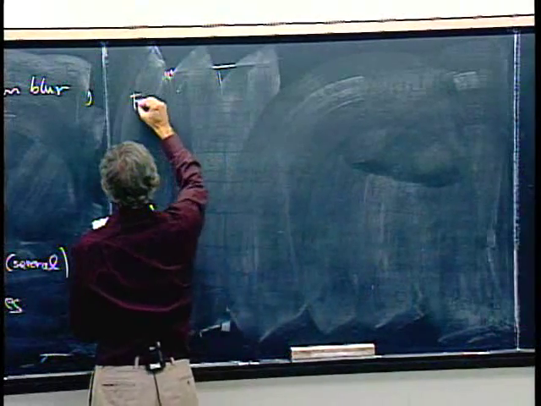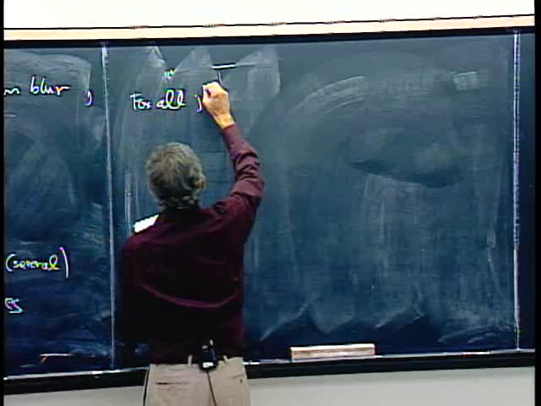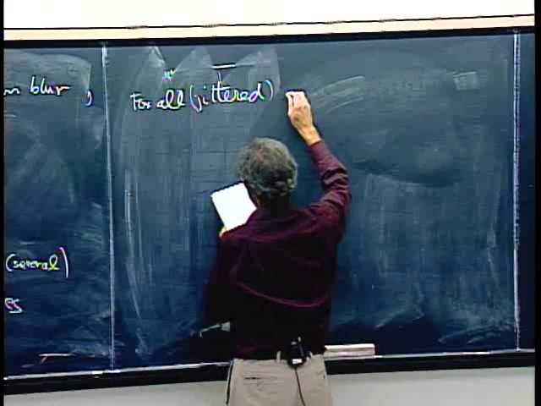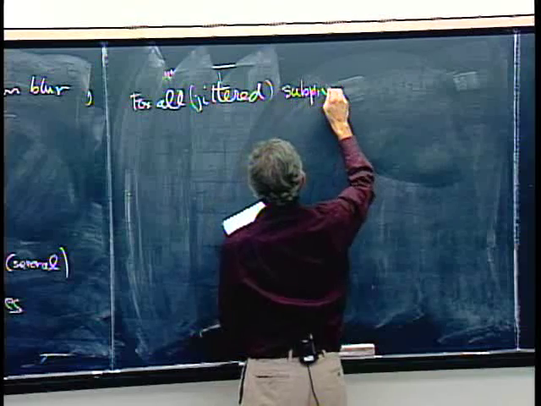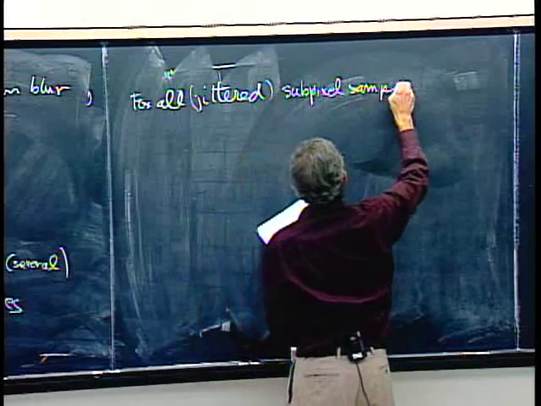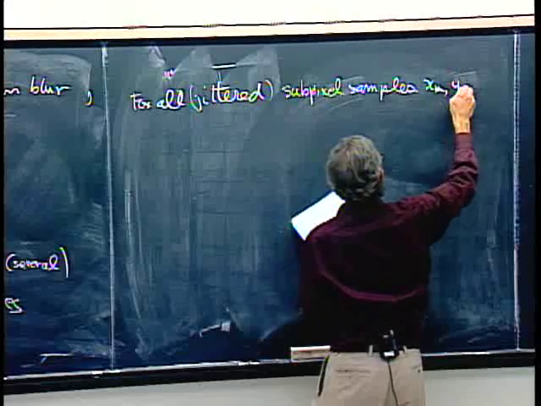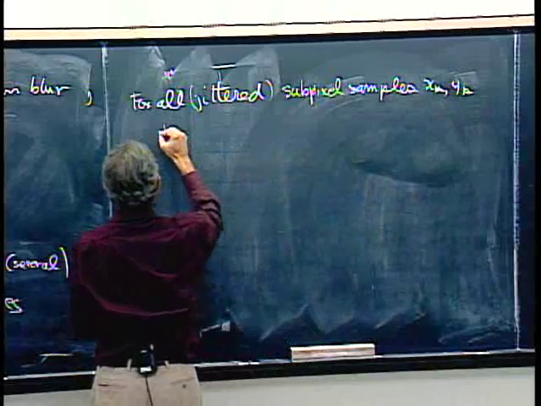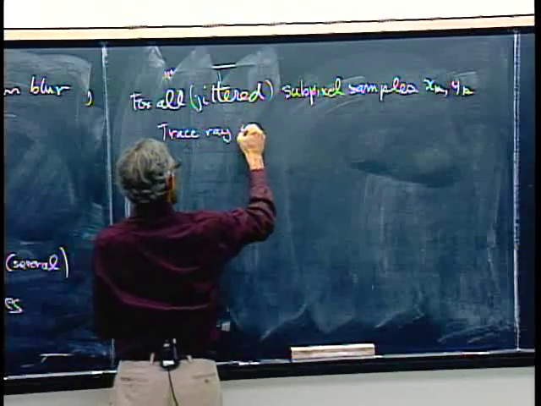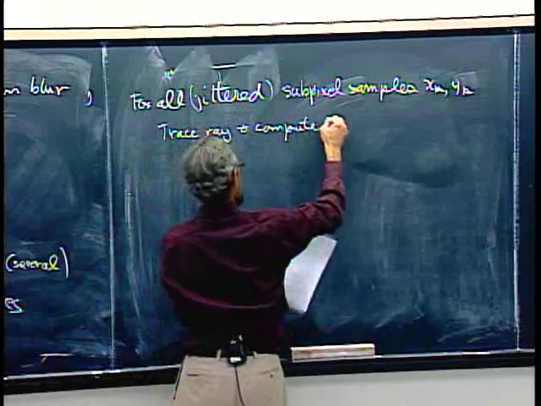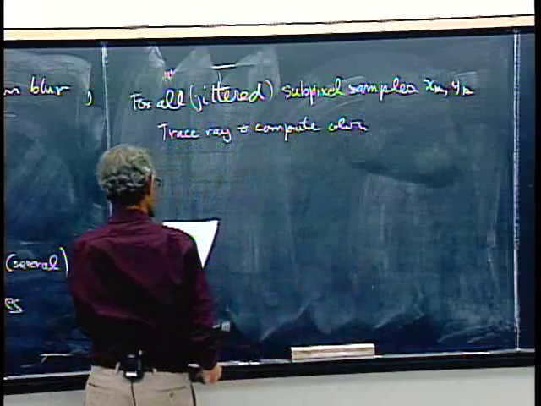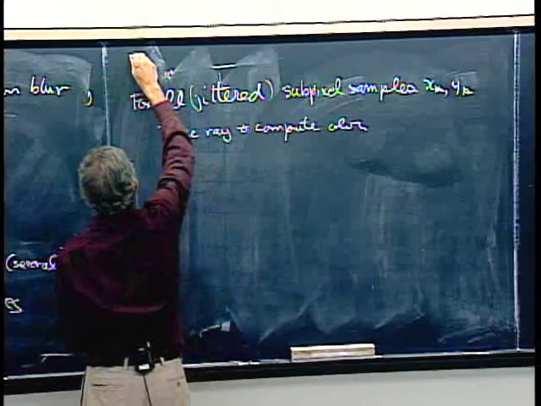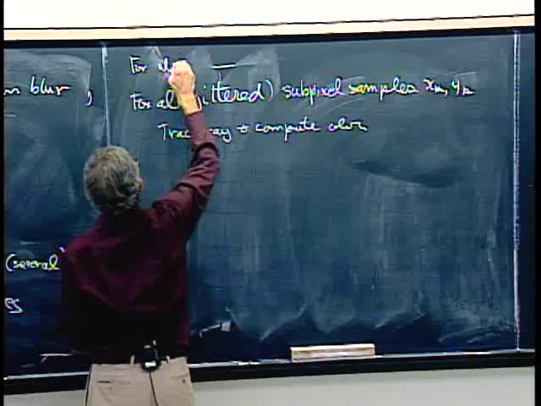So for all jittered, the jittered is optional, but let's just say we did it. Subpixel samples, say xk, yk. So we're going to do ray tracing for the subpixel samples over the whole screen. We'll trace ray and compute color. And then, well, I guess I should say for all pixels,